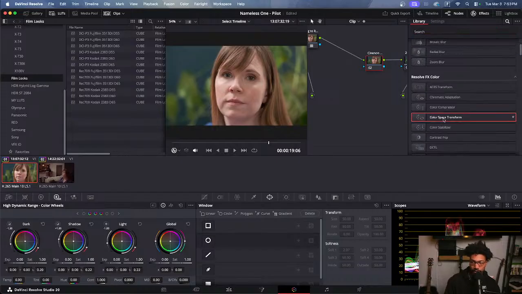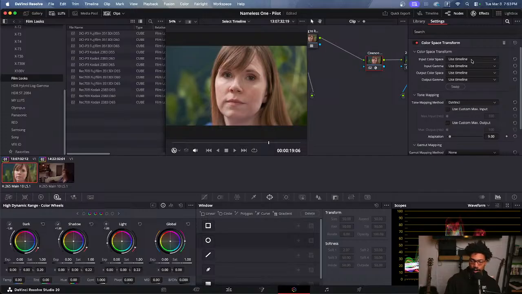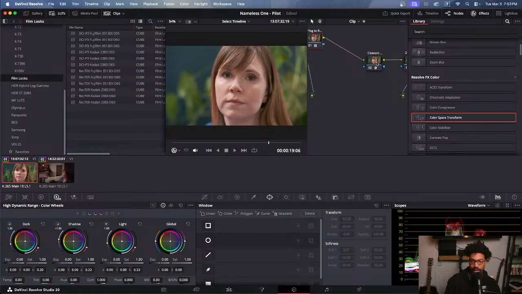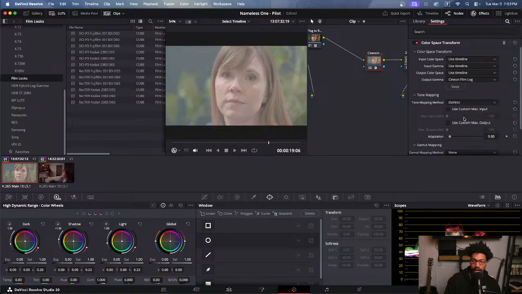So we're gonna need to use the color space transform tool. You can type it in or just look for it. Color space transform. And then we'll just leave everything because we already did our conversion here, so that's fine. We just need to turn this into, we want to find Synanon film log. And then that made it go log again. So this is what Synanon log looks like, which is the ingredient that we need essentially to make this 2383